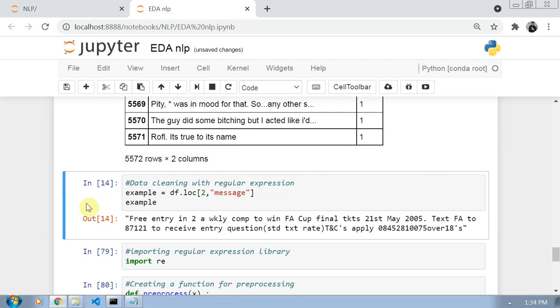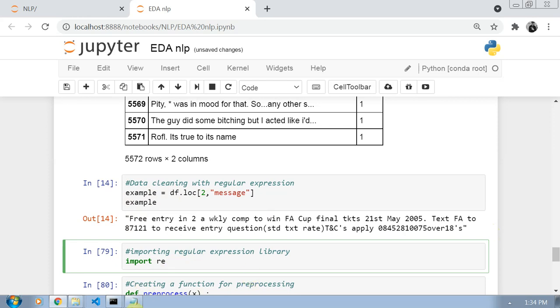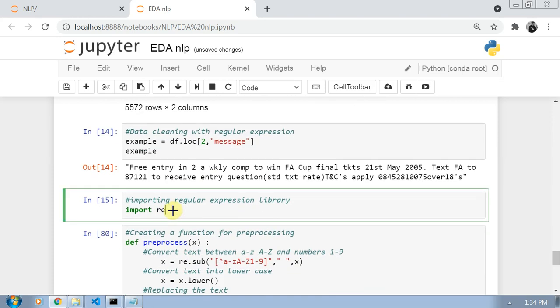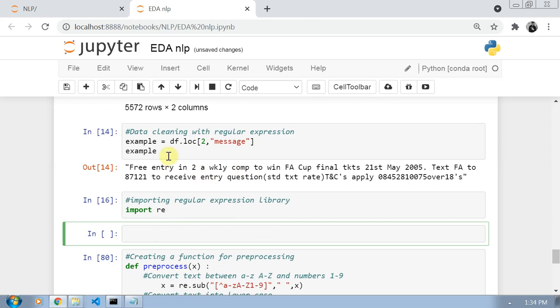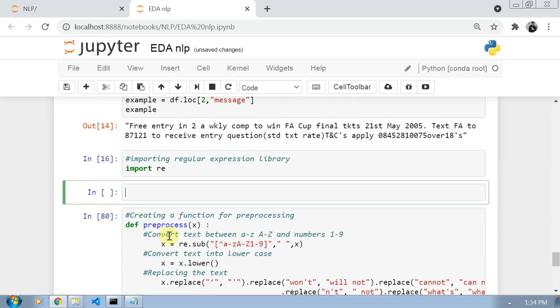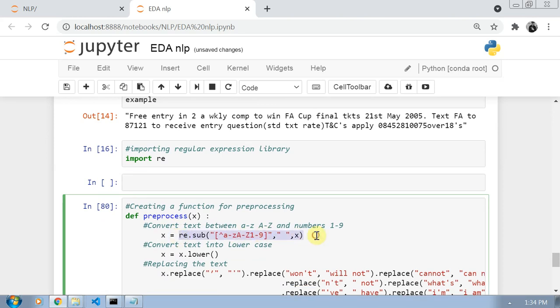So how can I clean this data? First, import the regular expression library, so import re. We are cleaning the data with the help of regular expressions and more. Now look, how will I clean this example into a proper form?